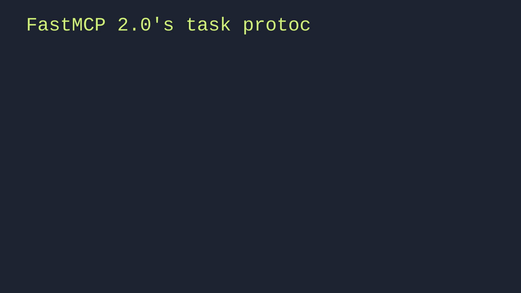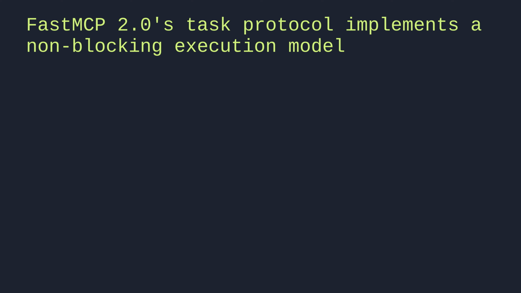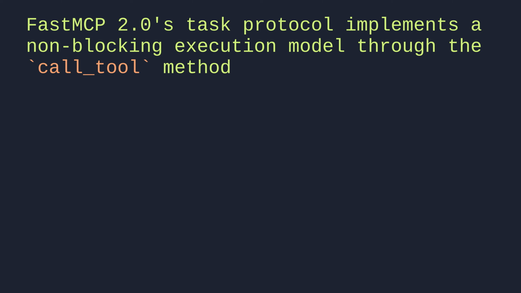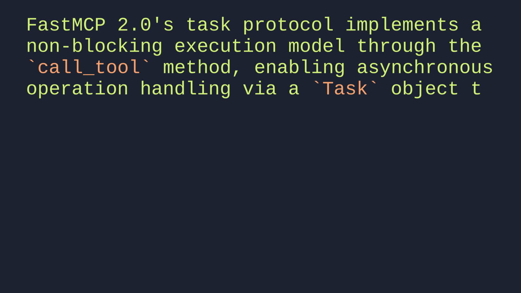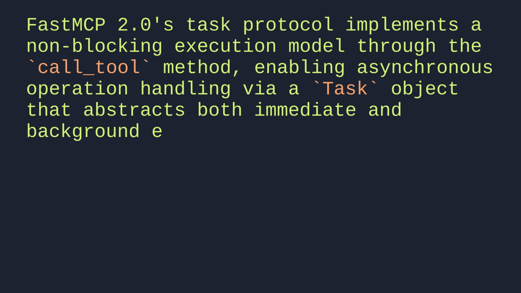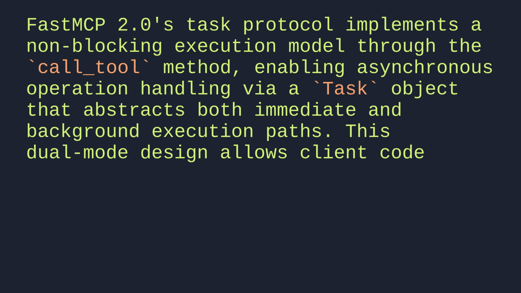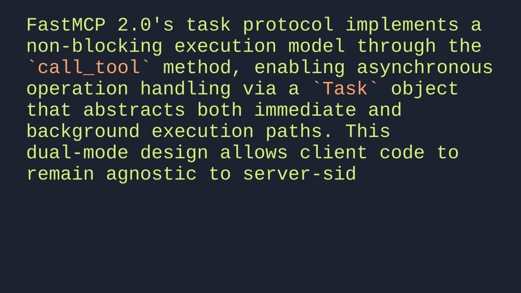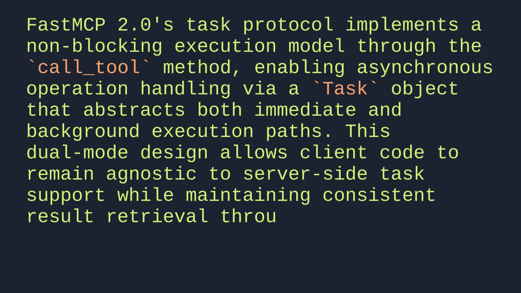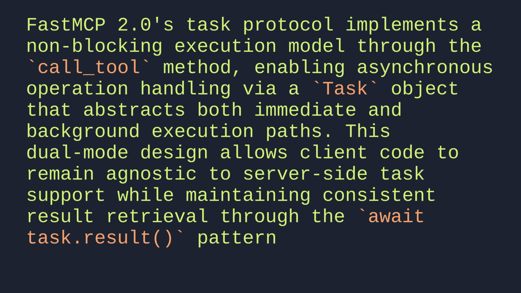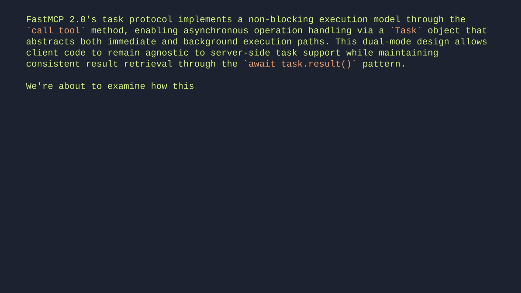FastMCP2's task protocol implements a non-blocking execution model through the call-tool method, enabling asynchronous operation handling via a task object that abstracts both immediate and background execution paths. This dual-mode design allows client code to remain agnostic to server-side task support while maintaining consistent result retrieval through the await task result pattern. We're about to examine how this protocol gracefully handles server capability variations, where the returned immediately